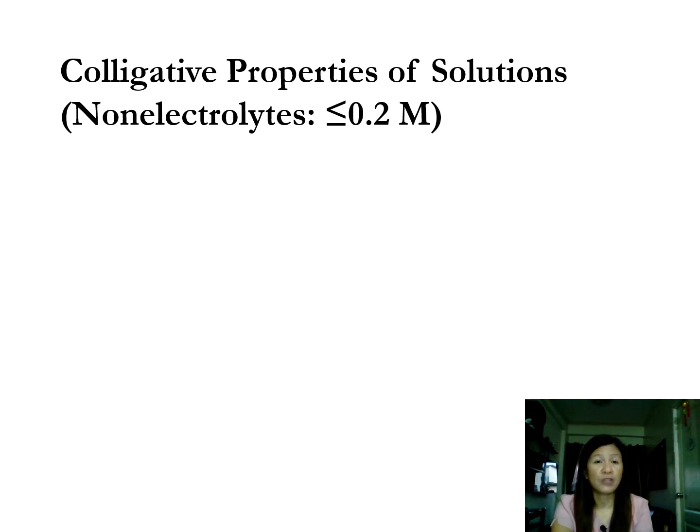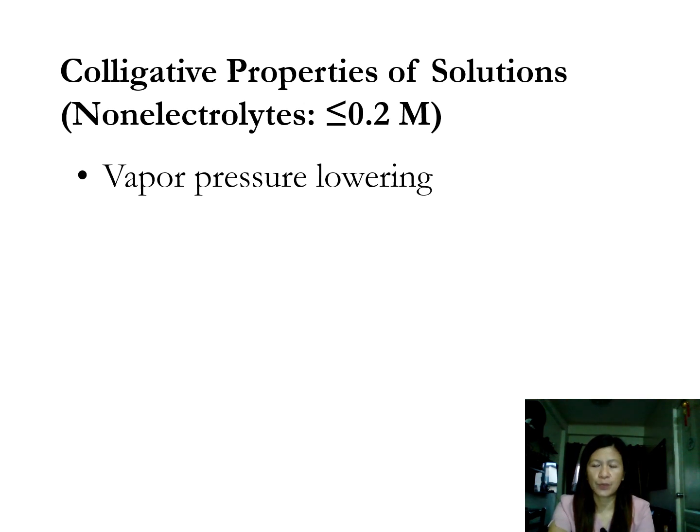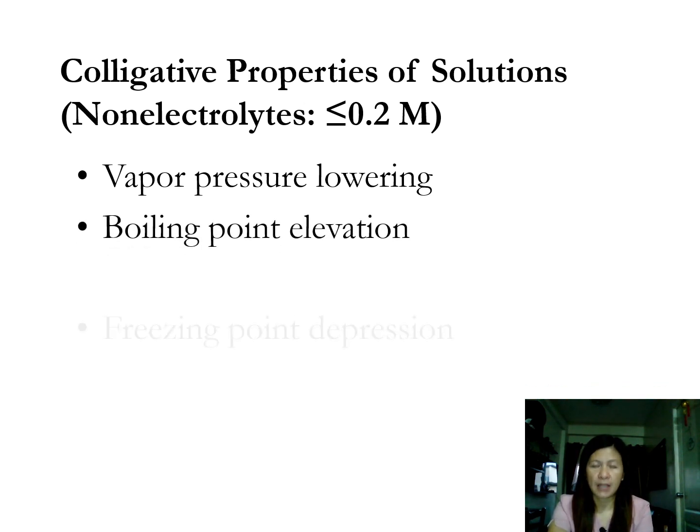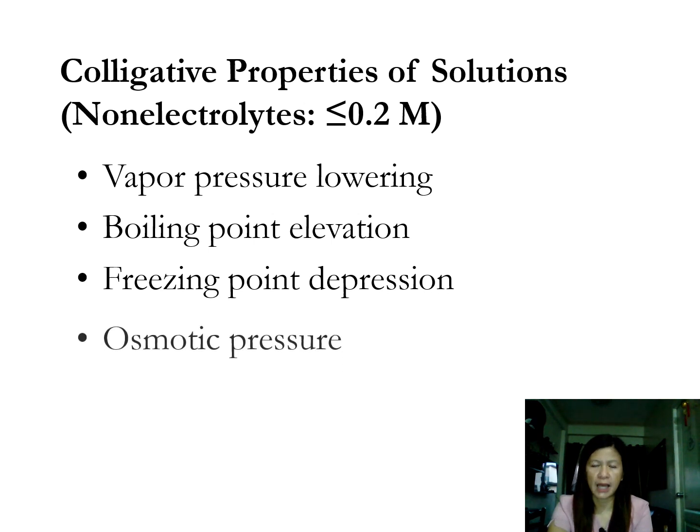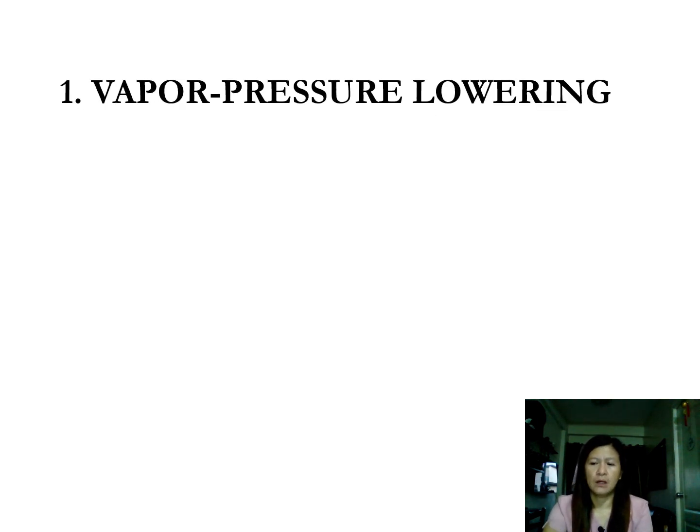We have four colligative properties of solution, but these are specific to non-electrolytes. Again, non-electrolytes, as defined earlier, are those whose concentration is equal to or lower than 0.2 molar. These four colligative properties are vapor pressure lowering, boiling point elevation, freezing point depression, and osmotic pressure. Let's have first vapor pressure lowering. To define again, vapor pressure is the pressure exerted by a vapor in equilibrium